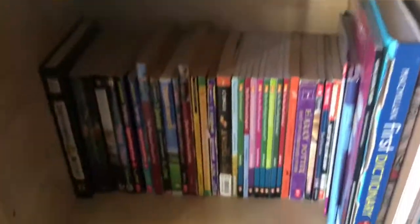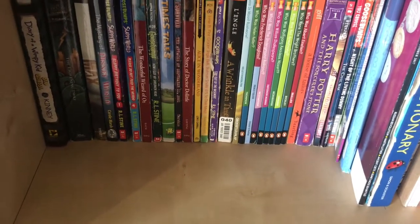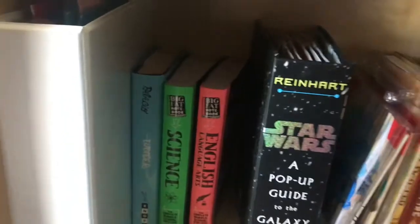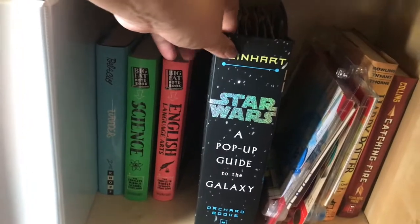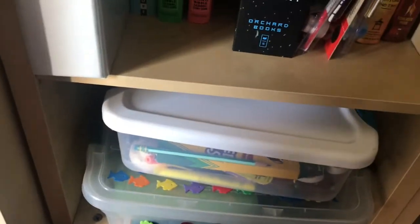And then down here he has some books that he either asked to keep or that I just haven't gone through yet and had time to clear through some of them. And then down here, these are some things he bought after we went on a field trip, and then these are just some books and some resource books for him. And then down here, and these are probably super messy,